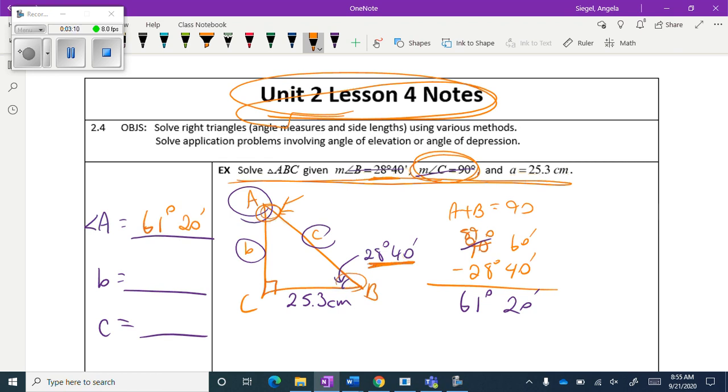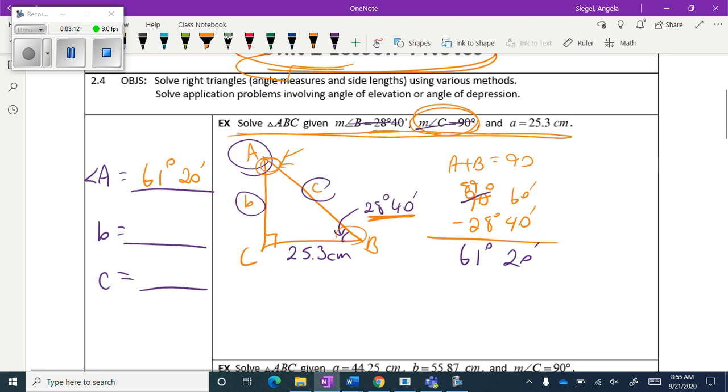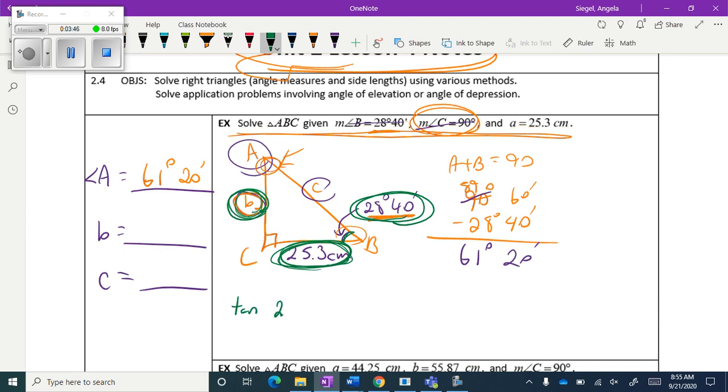Okay, I think I want to do side B next. So I'm going to ask myself, what do I have? I have this angle and this side length, and I'm trying to find B. So which one do I use? Do I want to use sine, cosine, or tangent? If you're crazy, you can use cosecant, secant, or cotangent, but that just makes things more difficult. So let's see, I have an opposite side and an adjacent side to this angle. So I'm going to use tangent. So tangent of my angle